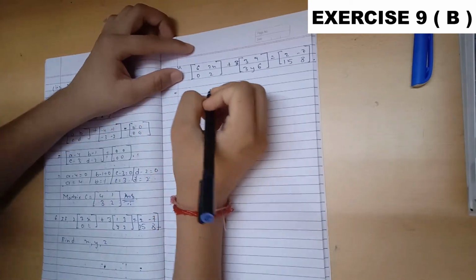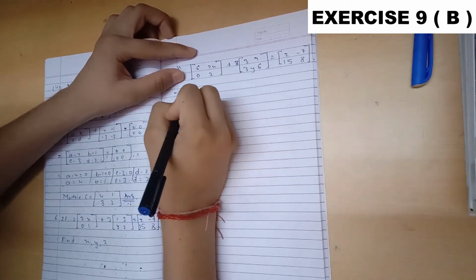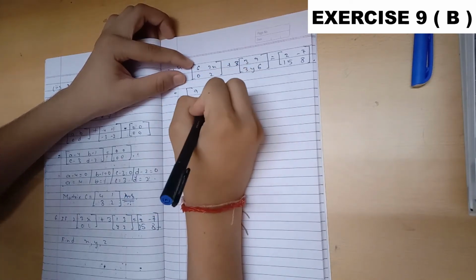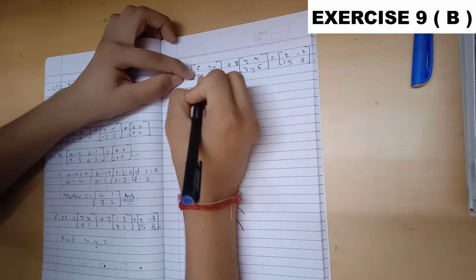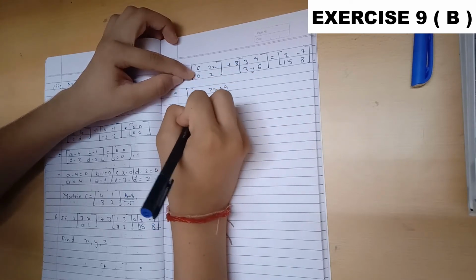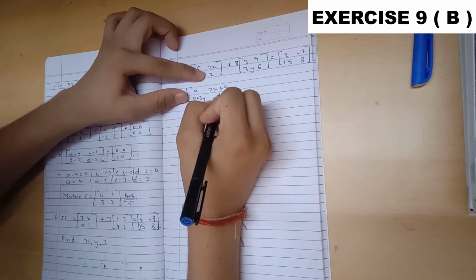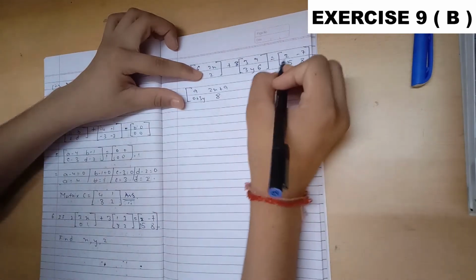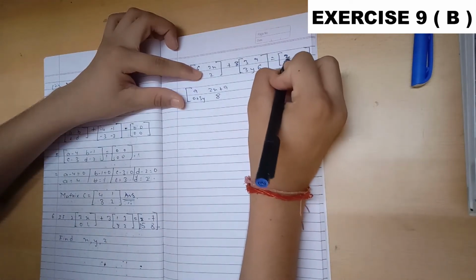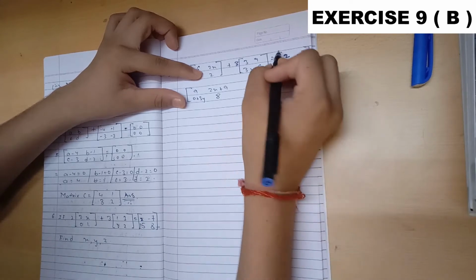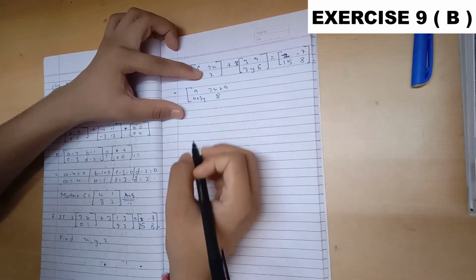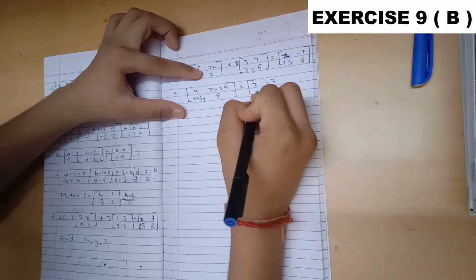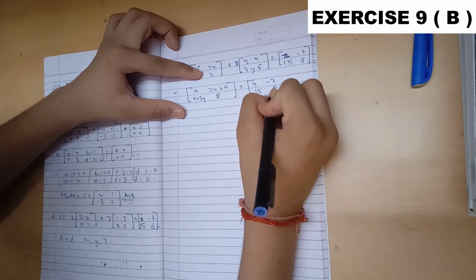So over here, let's add up the matrices. 6 plus 3 becomes 9, 2x plus 9 as it is, 0 plus 3y, 2 plus 6 becomes 8. But wait, let me tell you that this is z, which is on the RHS of the matrix. This is not 2, this is z. So this is equal to z, minus 7, 15 and 8.